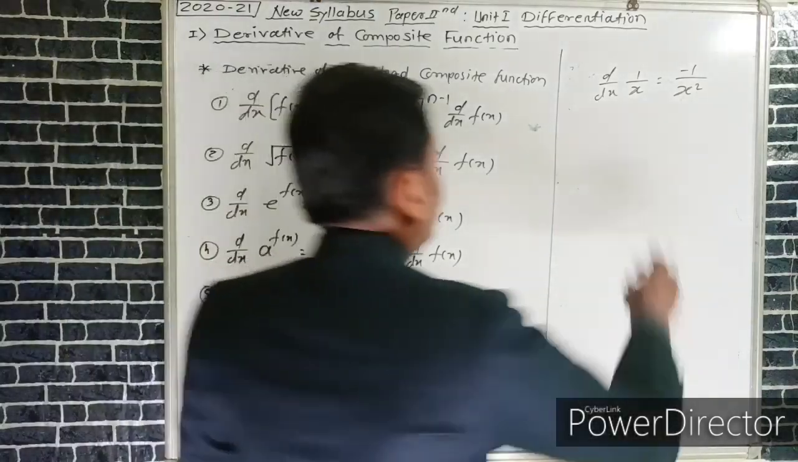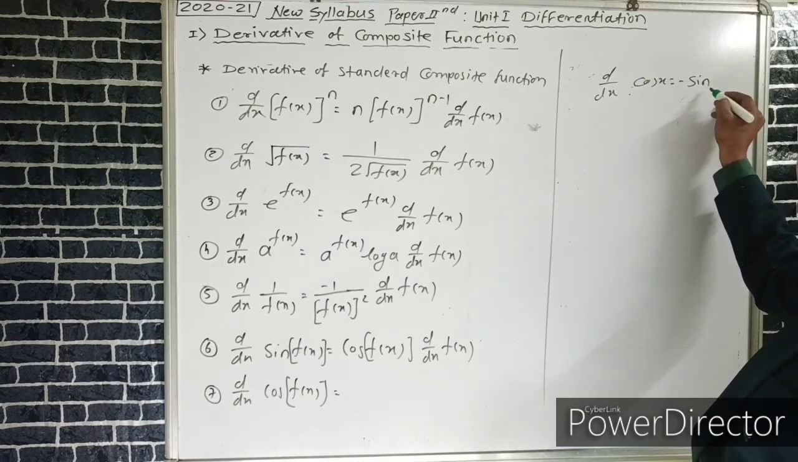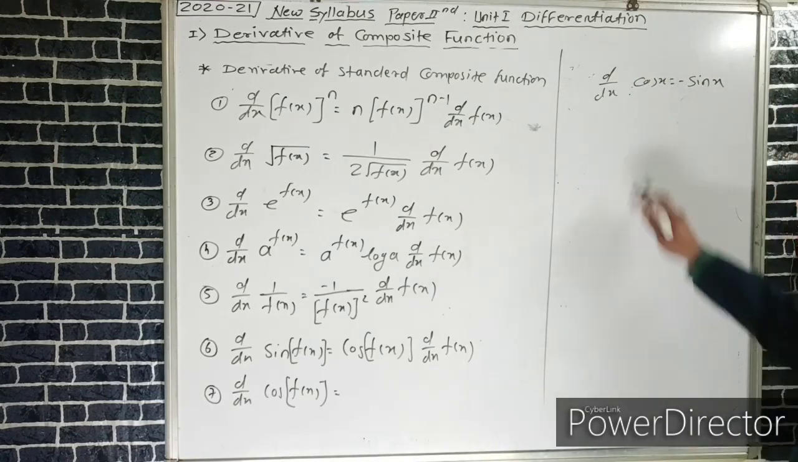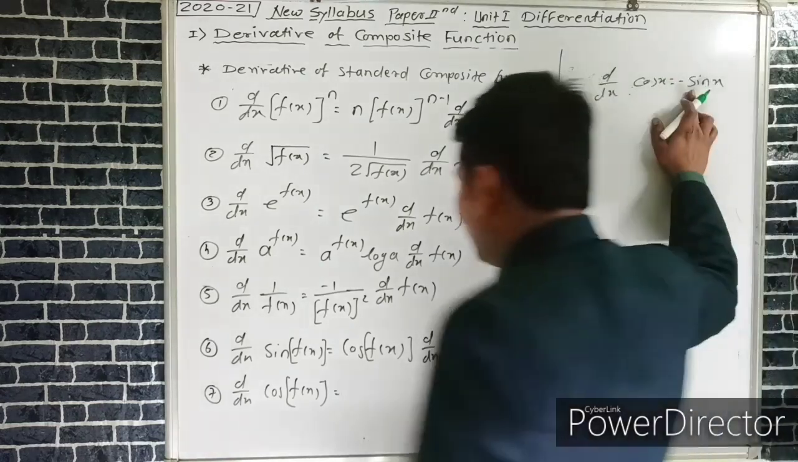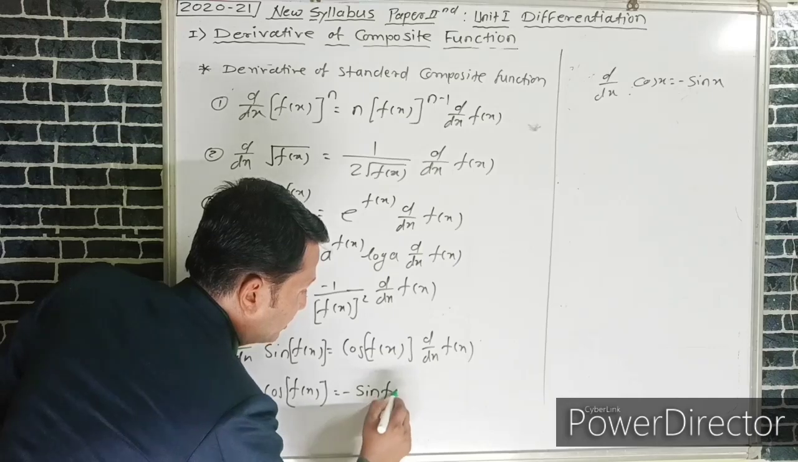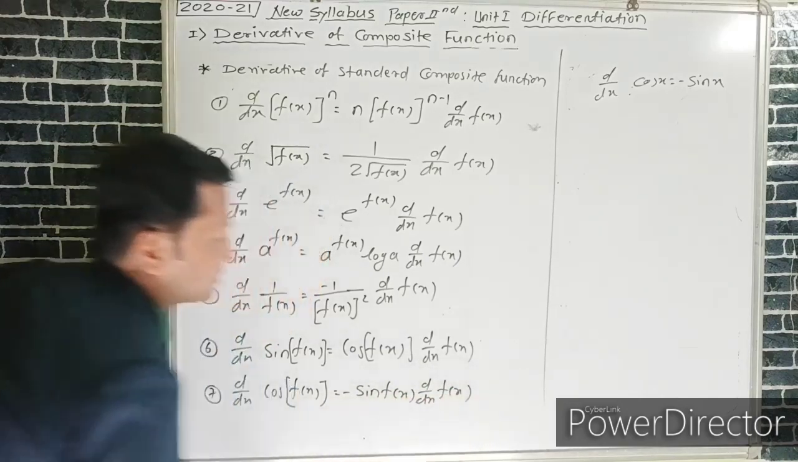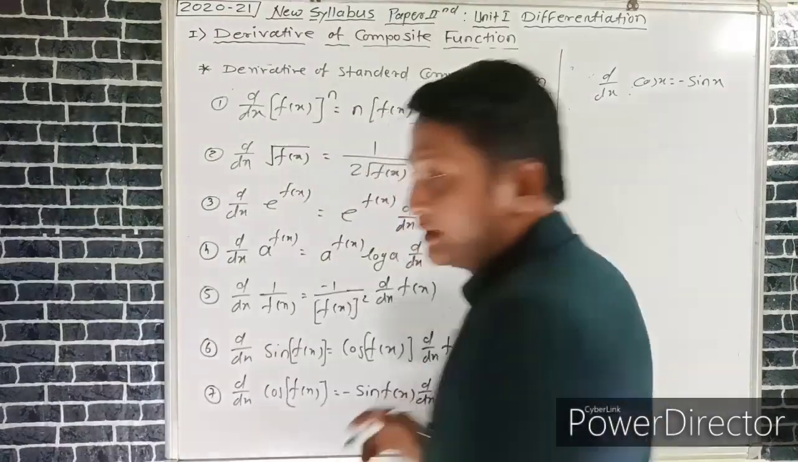We know that the derivative of cos x is equal to minus sin x. Hence, we can write the derivative of cos of f of x is minus sin of f of x into again the derivative of f of x. Similarly,